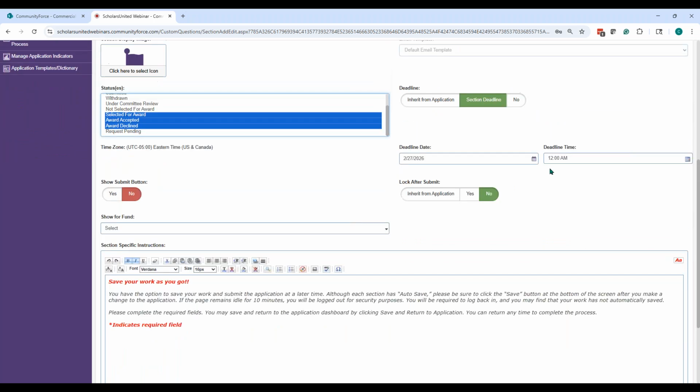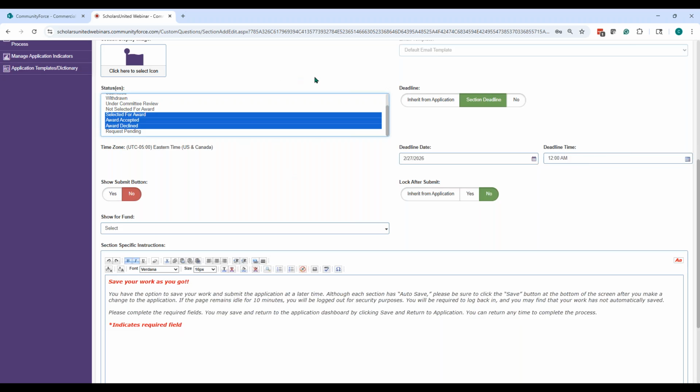The other key element, of course, is that it's not the same deadline as the application, because that deadline was the deadline they had to complete the application. This has its own deadline. So this is where I have to say, okay, when do I need this back? When is this due? Do I need these agreements? This is going to be my agreement functionality. Here's the deadline date, and here is the time that they have to complete it.